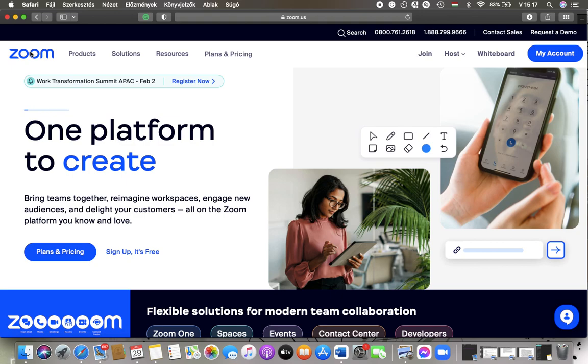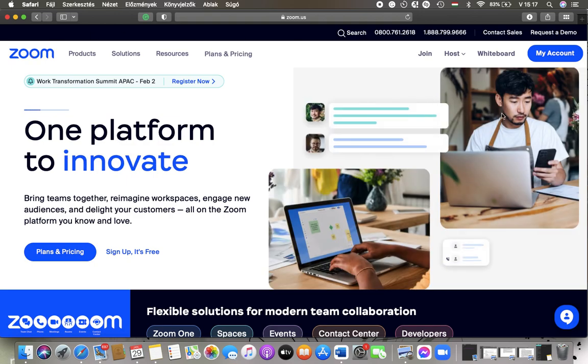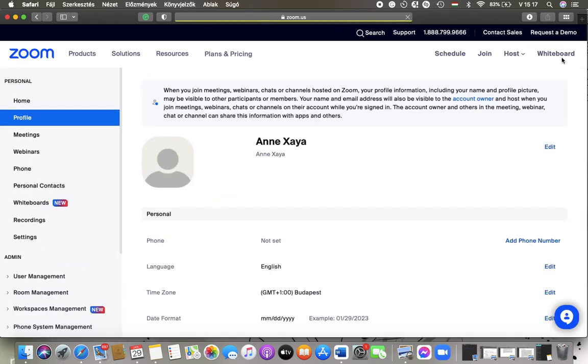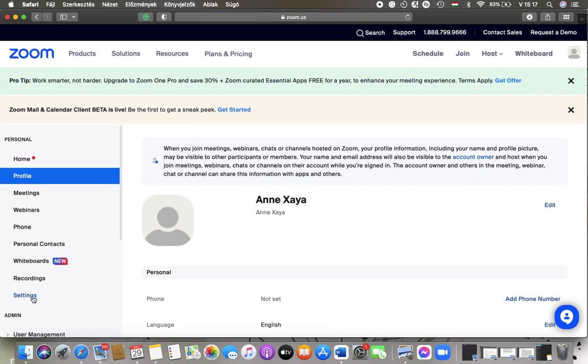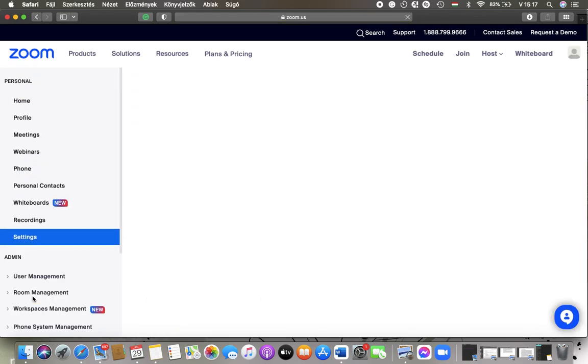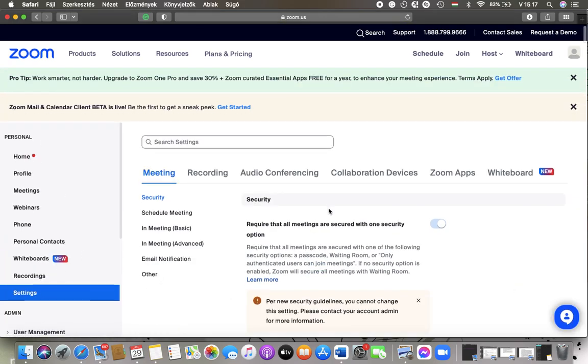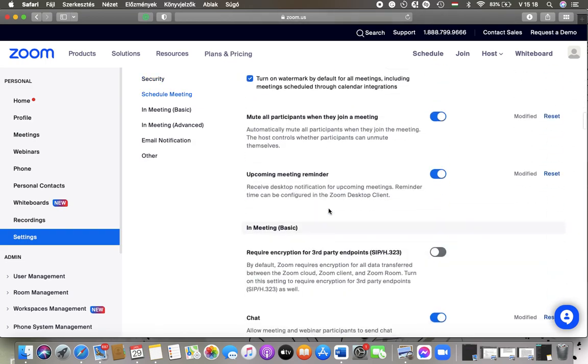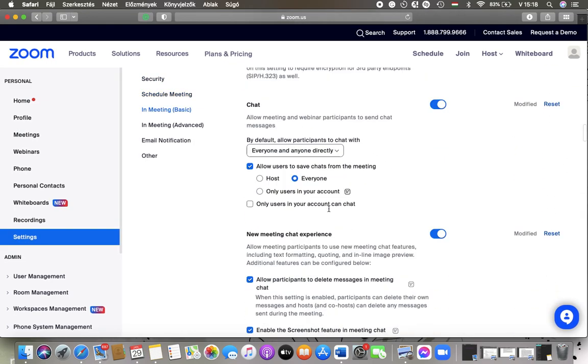First of all, open the website on your device and tap on the My Account button in the upper right corner of the screen, and then tap on Settings in the left side column. Go to the top and click on Meeting at the top, then scroll down to the In Meeting Basic section